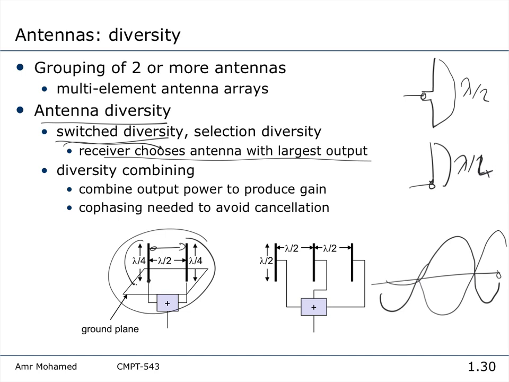Why? Because if you combine all of them, some of them might cancel each other because they are not co-phased. You receive a signal like this and another signal like this, and they will cancel each other. So do not try to be not intelligent and say, okay, I will combine all of them blindly. No. If you want to combine all of them, yes, you can, but you need to be careful